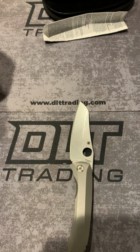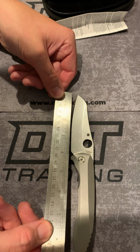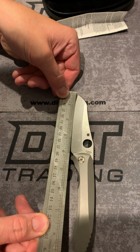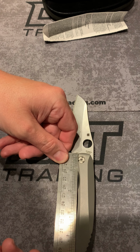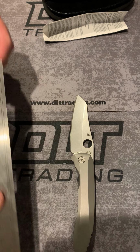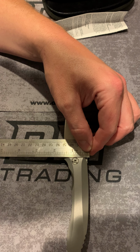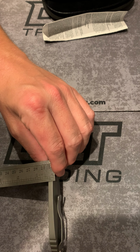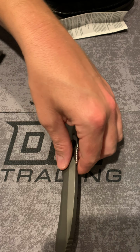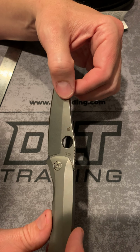Let's check some dimensions. Total blade length is 4 inches. Cutting edge is 3 7/8. Handle scale is 4 3/4. That's one we don't normally do, but let's check this. About 1 inch and 9/16. Really narrow knife. It's probably 3/8. The blade is 160 thousandths, I believe. I don't have my thickness gauge out, but